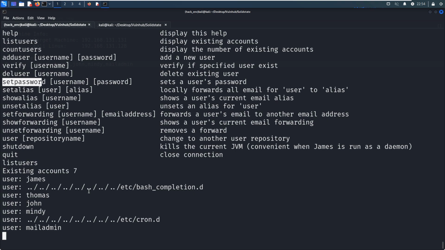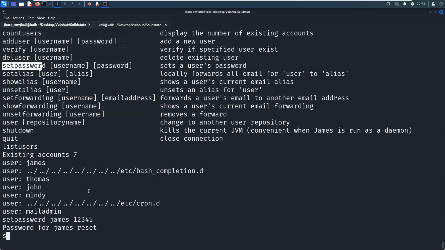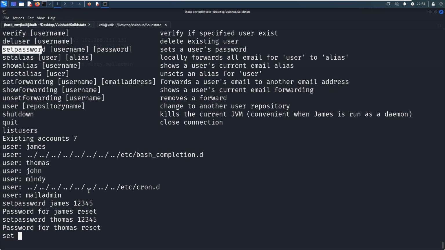So I'm going to do that now, so we can log in to receive the email. Okay, we can set password for James to 12345, and also set a password for the next user, Thomas. We can use the same password. Set password for John, 12345.